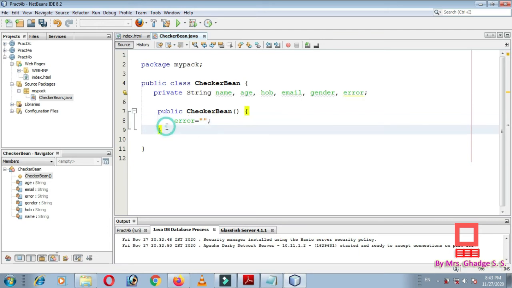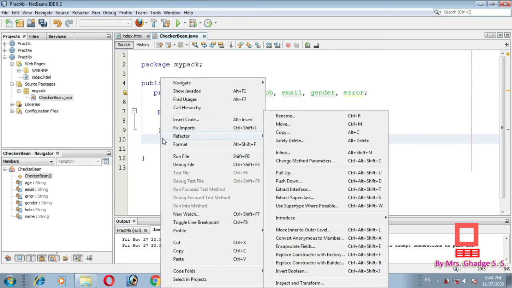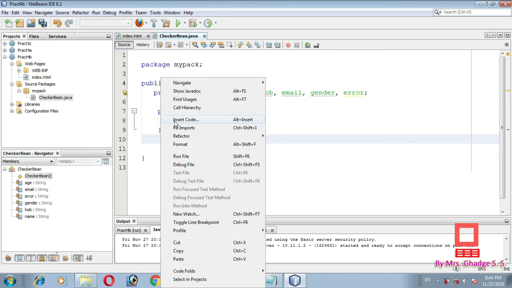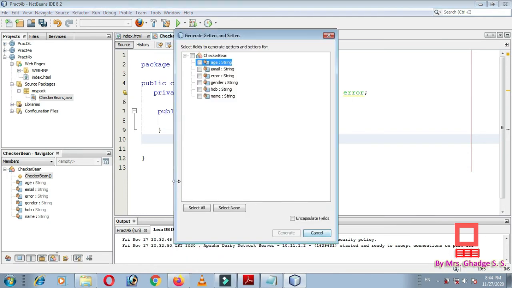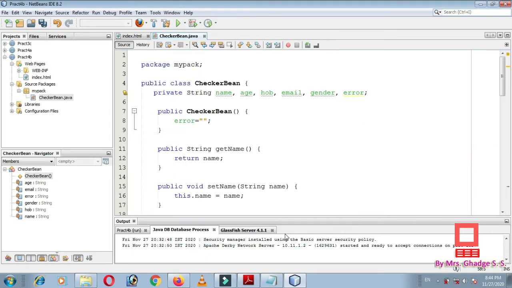Then next we need to add setter and getter methods for all the variables. For that, again right click here, select the Insert Code option, and here is the option Getter and Setter. We need to select all the options for all the variables, because we want to create setter and getter methods for all of them. Just click Generate.